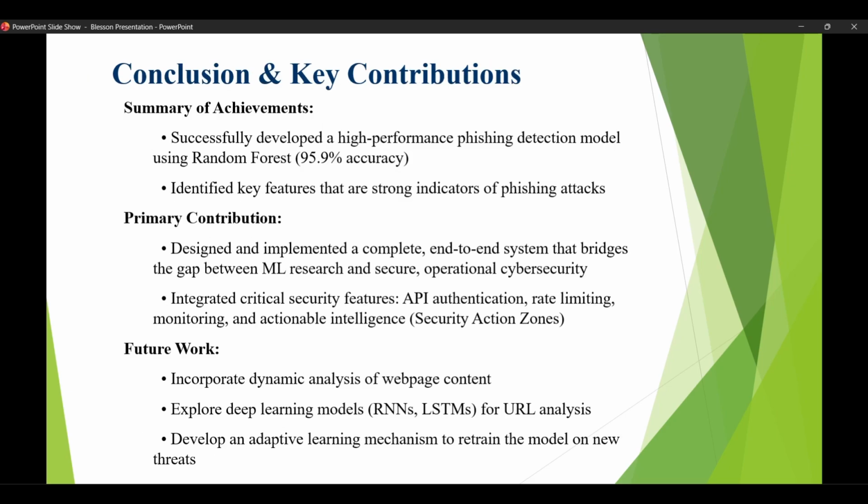And then coming to the conclusion, to summarize, the project achieved three main outcomes. One is building a high performance phishing detection model, the other is identifying the most important features that attackers may manipulate, and the next one is developing a secure end-to-end system for real-time deployment. This work goes beyond an academic model by demonstrating a practical,